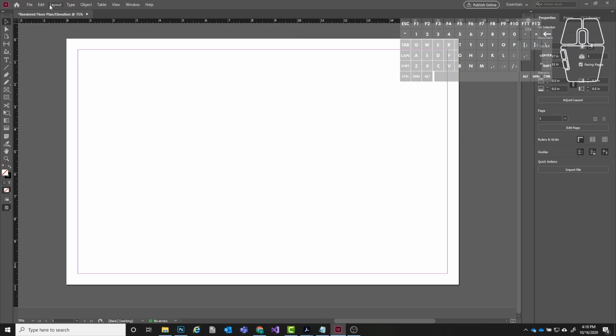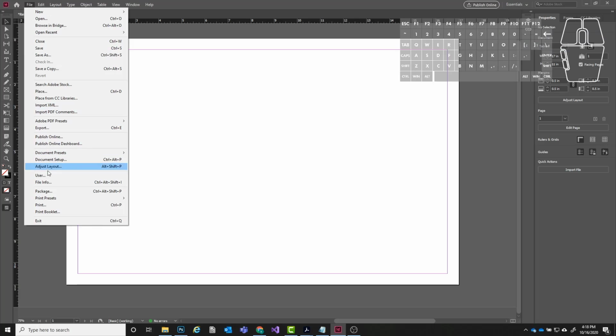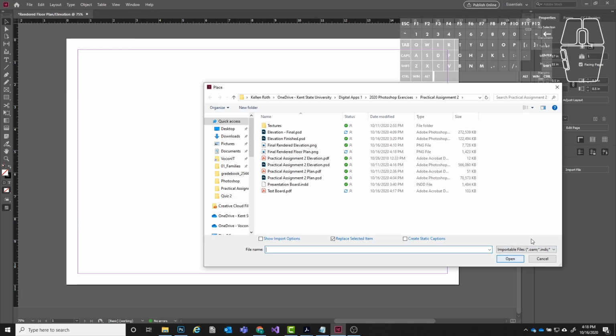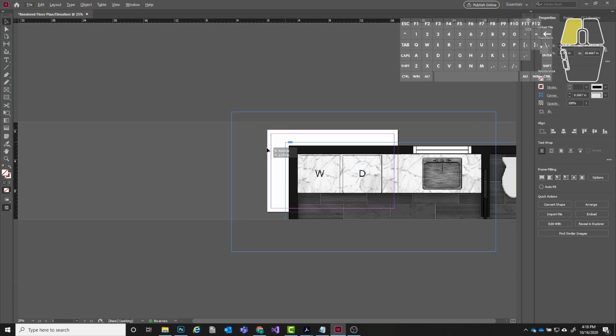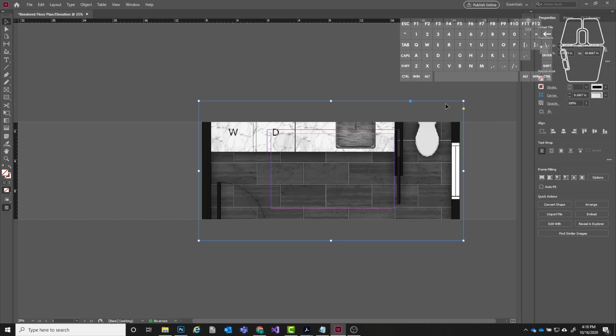All right, so I will go and place that again. And that is really big, so I'm going to scale that down. I'm going to use the scale tool. This is over here under free transform. If I use scale,